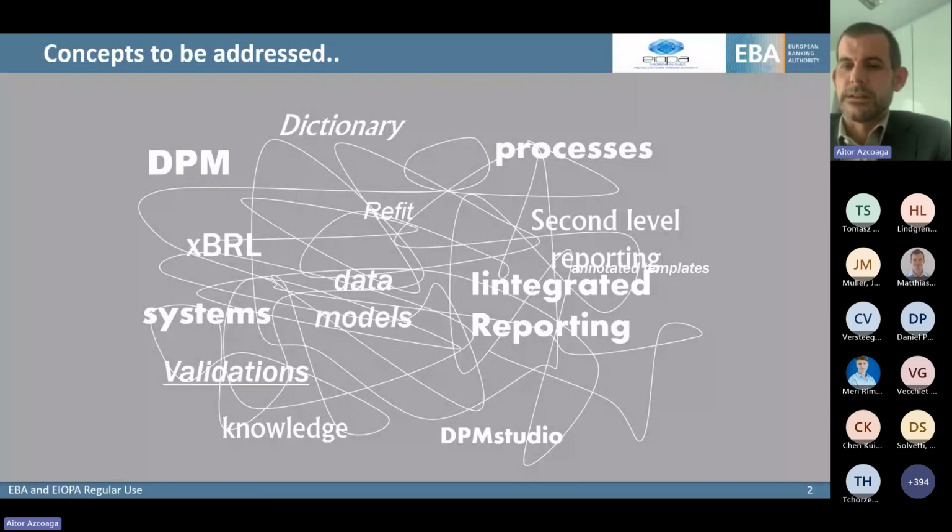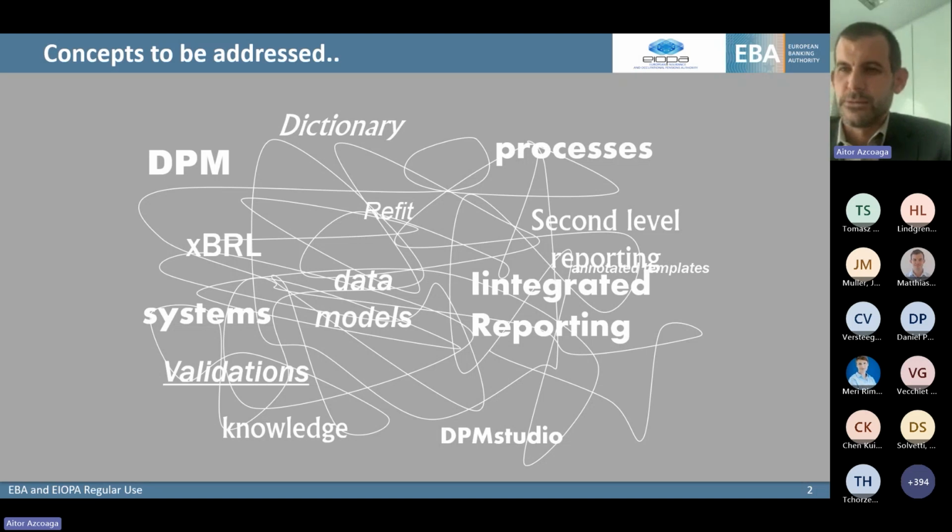In our context, we brief quite a lot on this methodology to the national competent authorities. We are particularly EBA and EIOPA heavy users, but also national competent authorities. While we were preparing this seminar, we said the industry is not so much aware of the data point model. So maybe it's good now that we have a new version to present to them and give a little bit of overview.